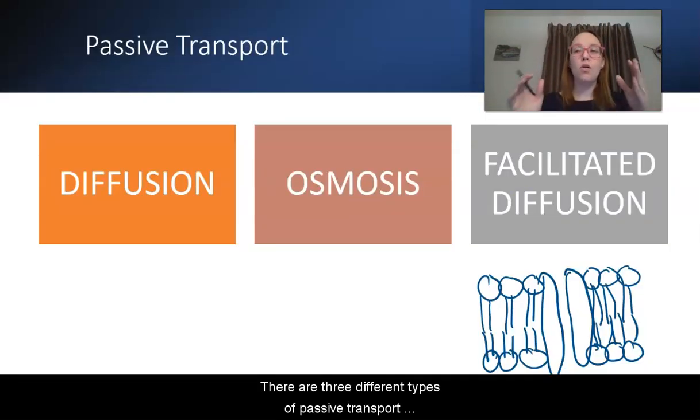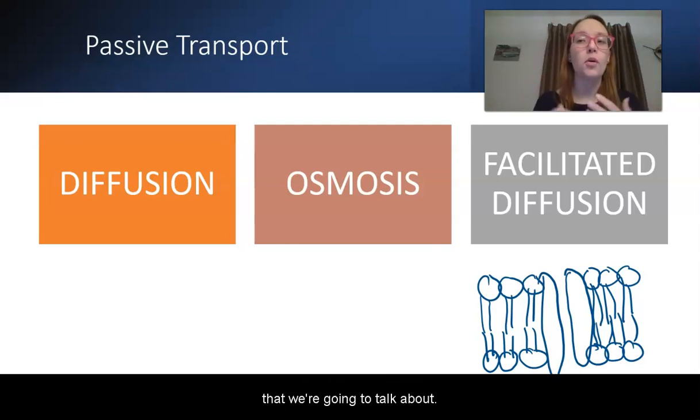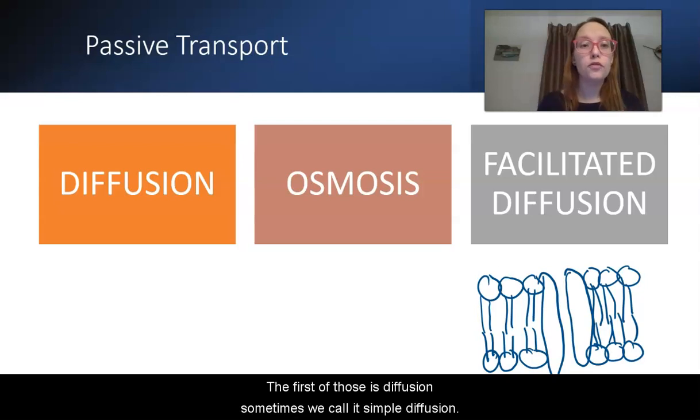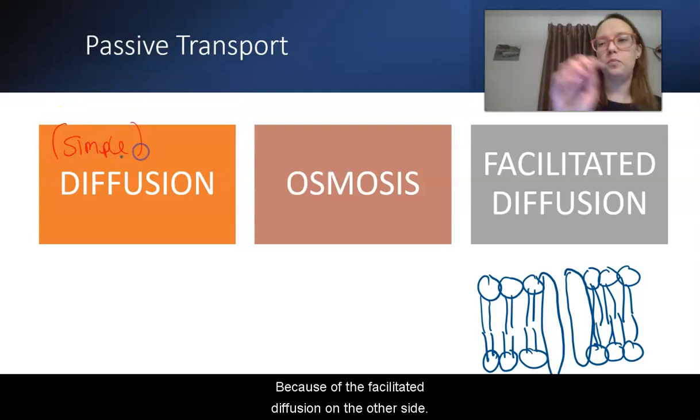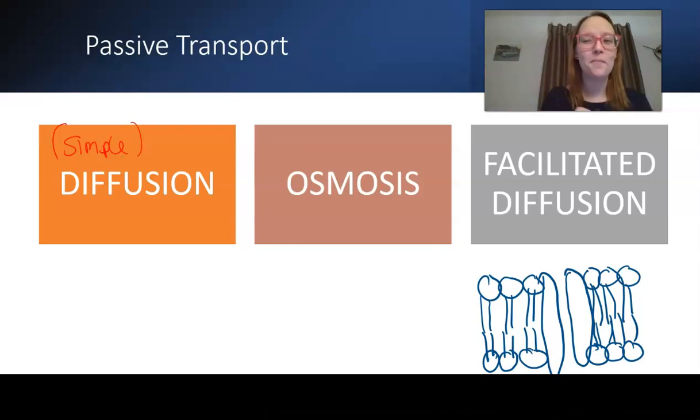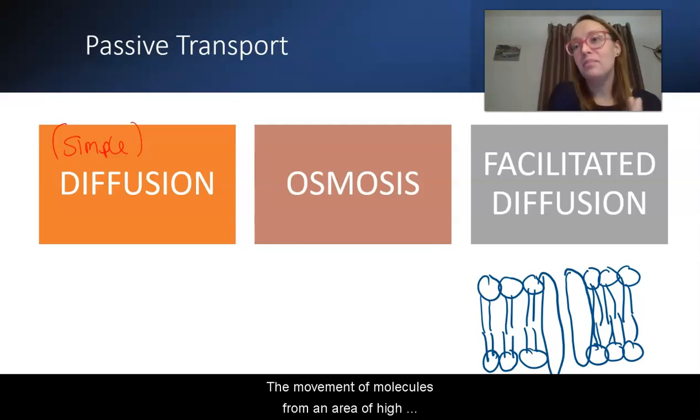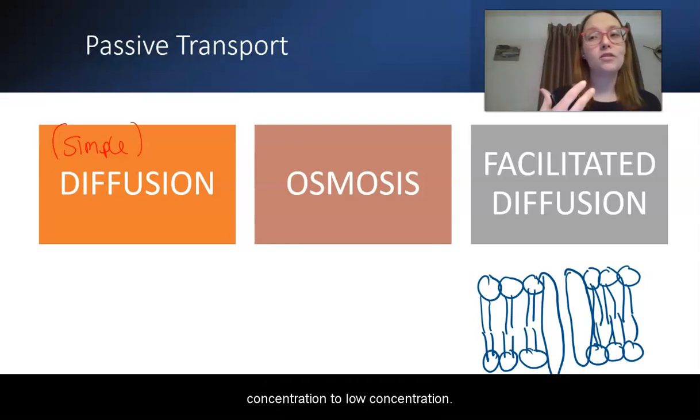So there are three different types of passive transport that we're going to talk about. The first of those is diffusion. Sometimes we call it simple diffusion, and that's because of the facilitated diffusion on the other side. We'll talk about that. So simple diffusion is simply the movement of molecules from an area of high concentration to